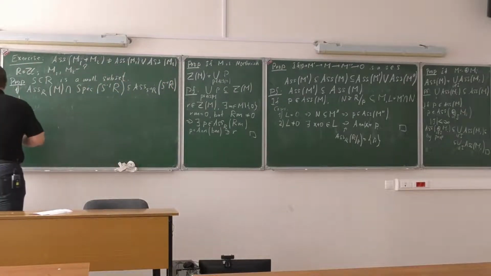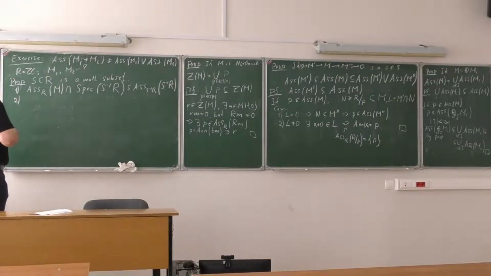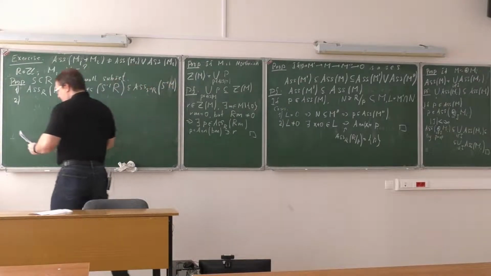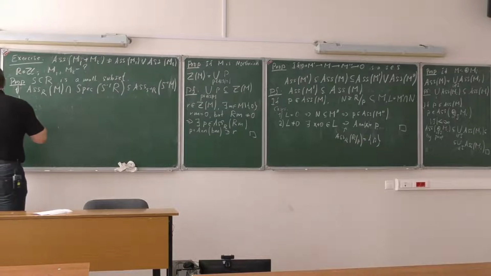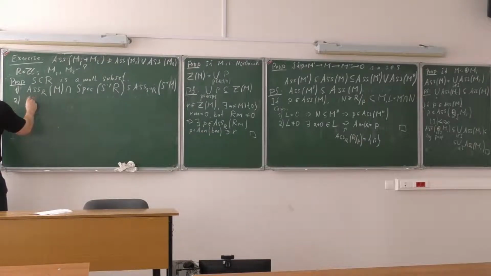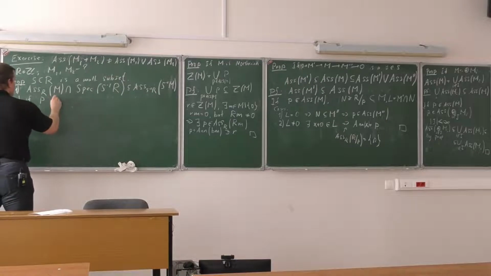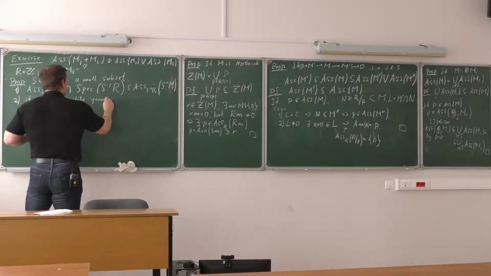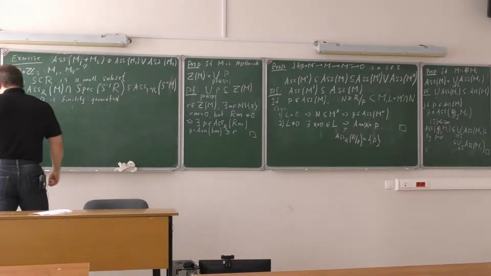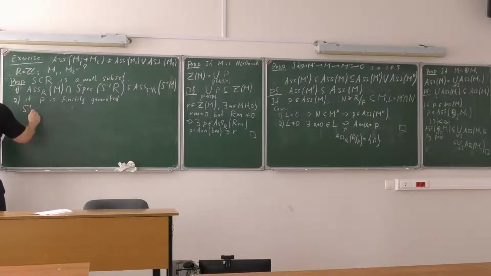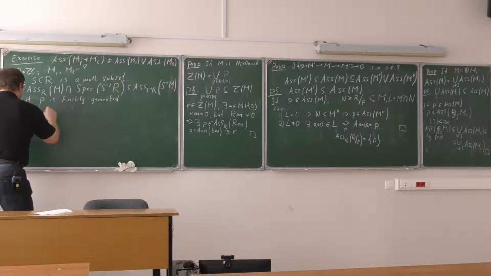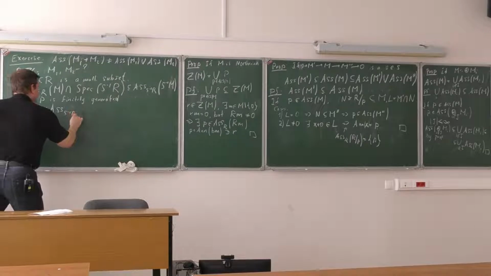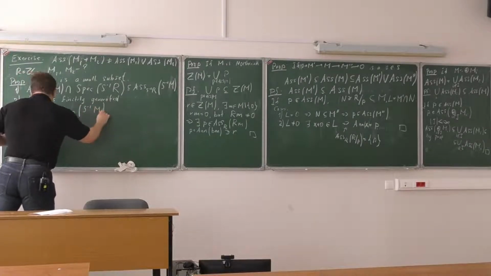And part 2 tells us that it should be S minus 1 M, or S minus 1 R. And in part 2, we can assume that if prime ideal P is finitely generated, and the localization of this prime ideal, so S inverse P, belongs to the set of the associated primes over the localization of the module,